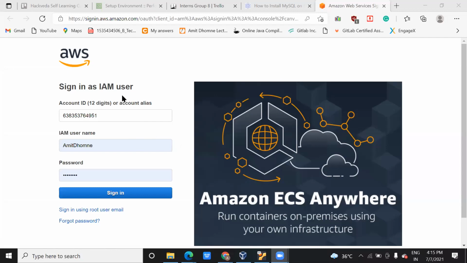When a company gives you an AWS account, in that case you will be the IAM user, because they are giving you the permission to access their account. But till now we were logging in with the root user, because you have created an account with your ID that is specific to your personal account. Okay. So now again we need to log in as root user? Yes, yes, yes.